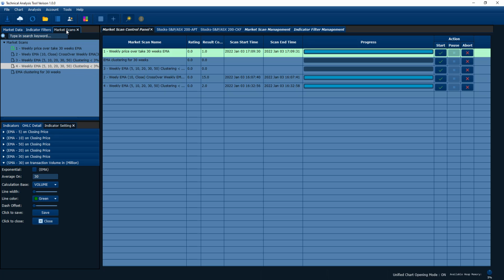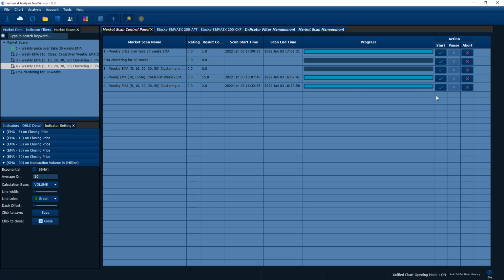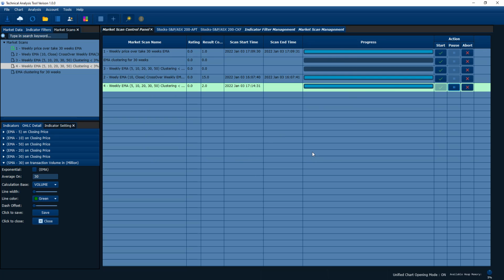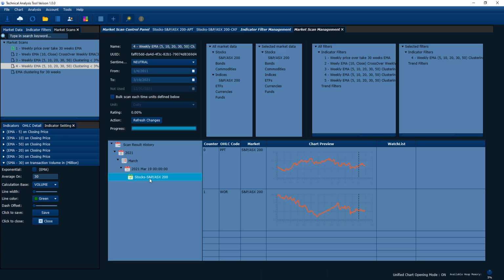Okay, let's go into our market scan and turn on the number 4. All right, so as you can see, I scan up to 19th of March, and let me just do it now. This is number 4, so that's a group of conditions. That looks all right, and then scan up to 19th of March 2021. Okay, I have 2 candidates here. If you refresh it here and double click that result, as you can see, these are 2 stocks that I picked up from the second